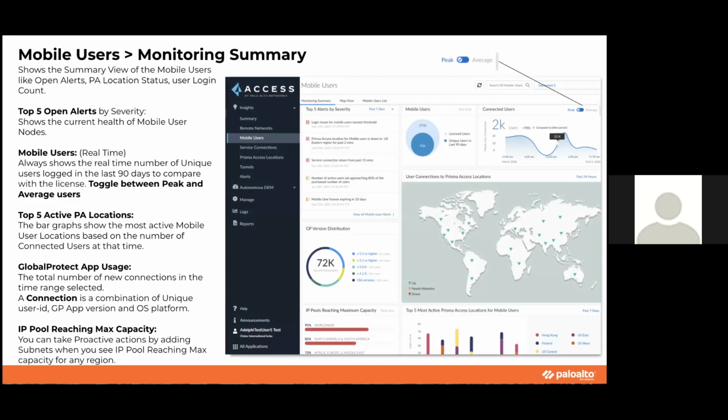In the monitoring summary, you can see the different sections, divided by the top alerts by severity. You can see the warning sign if the mobile user count is approaching the 80% license limit. The Mobile Users widget shows the number of unique mobile users logged in over 90 days. The Connected Users trend graph shows you the number of active users